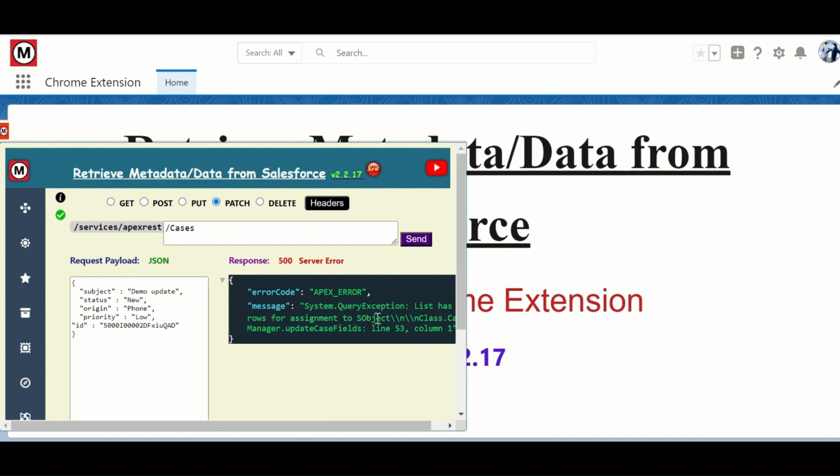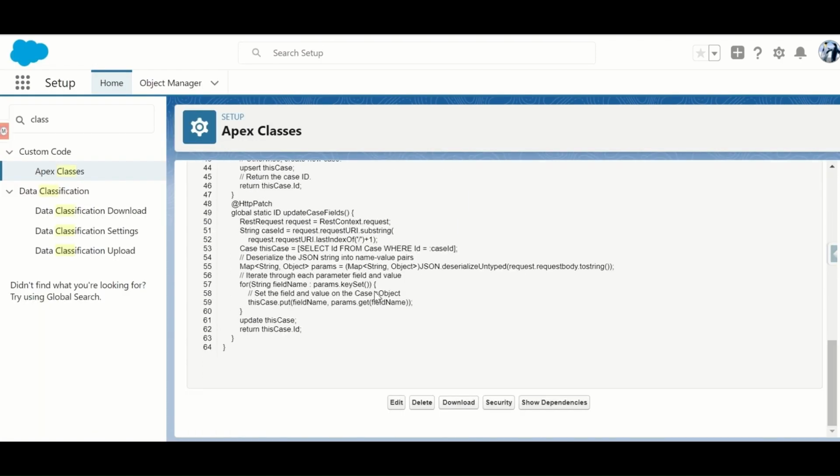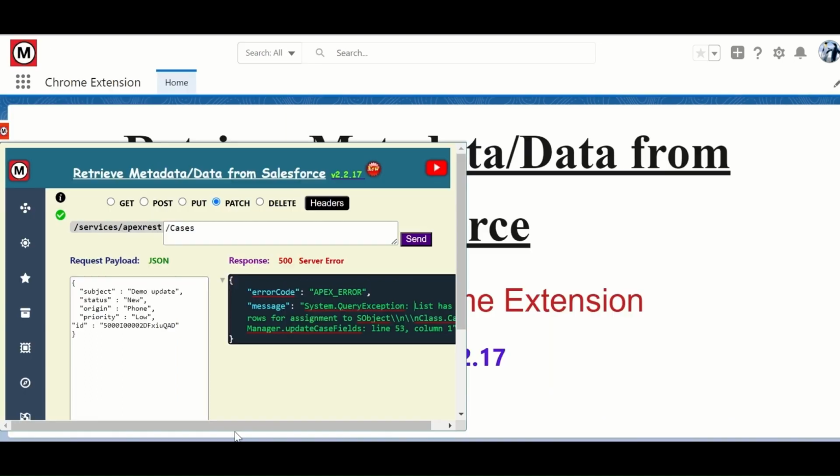You can see that there's some problem in my response. It shows a system query exception. So what is the problem? Let's find out. Let's go to my PATCH request here. As you can see here, it is expecting the case ID as one of the URL parameters, right? Not in the request body. So what I will do is I'll just copy this case ID here, put it here, and I'll just remove the ID from the body, and it should be good now. I can send this request again,